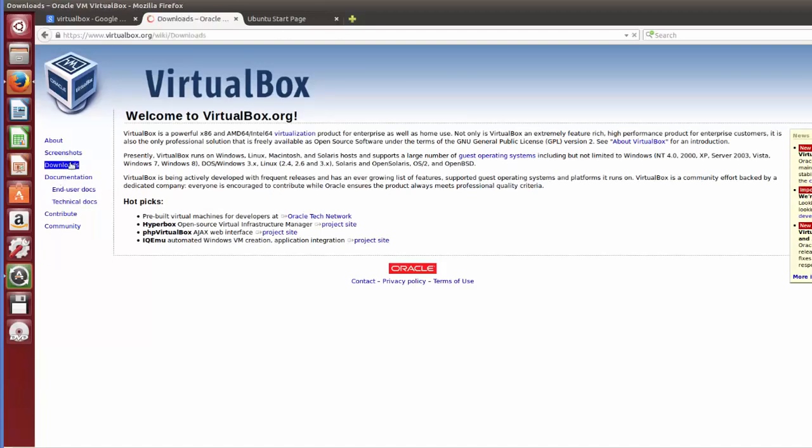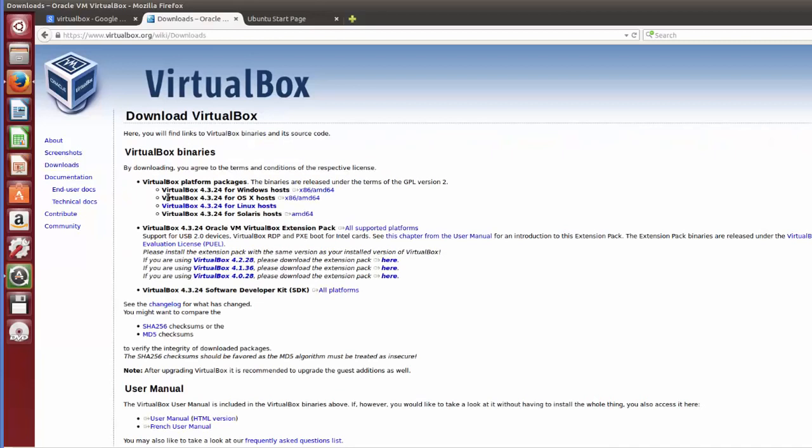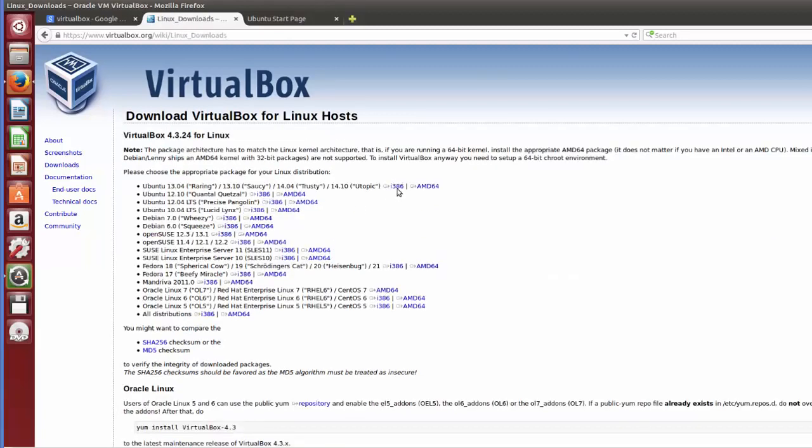So just click this download button, and what we want is the Linux host version. So just choose VirtualBox 4.3.24, which is the latest version at the time of making this video, for Linux host. And here you will be able to see different options. I'm going to choose the first option, which is for the latest version of Ubuntu, and I'm going to choose AMD64, which is recommended for a 64-bit kernel. So I'm going to click this AMD64